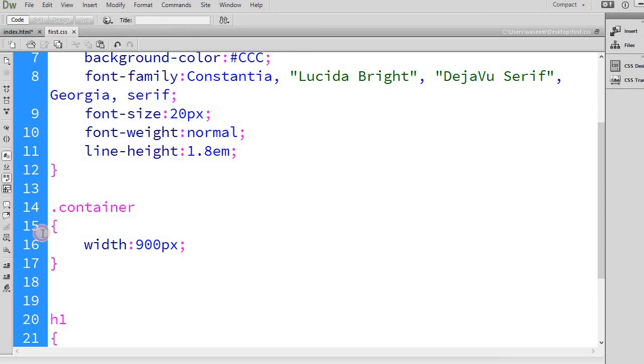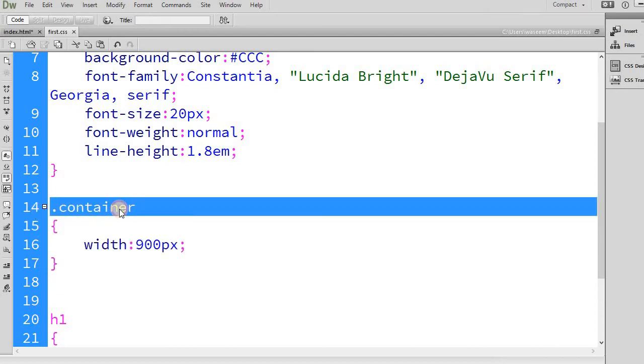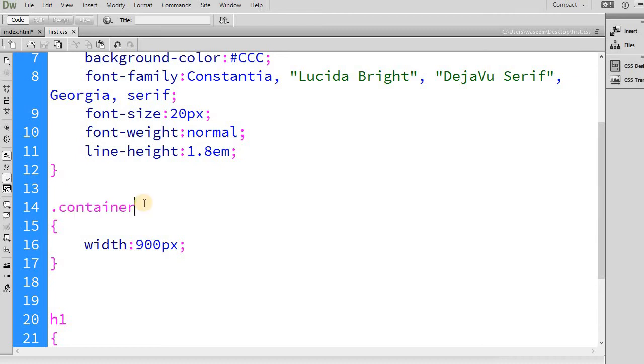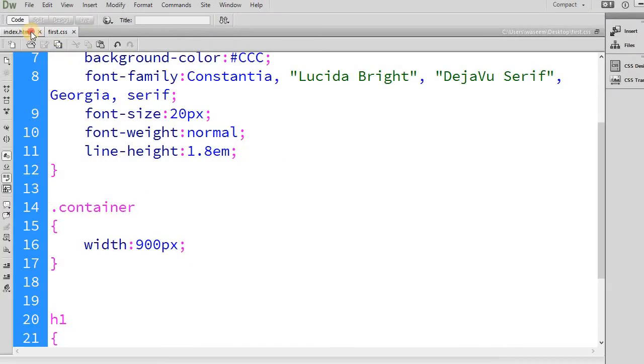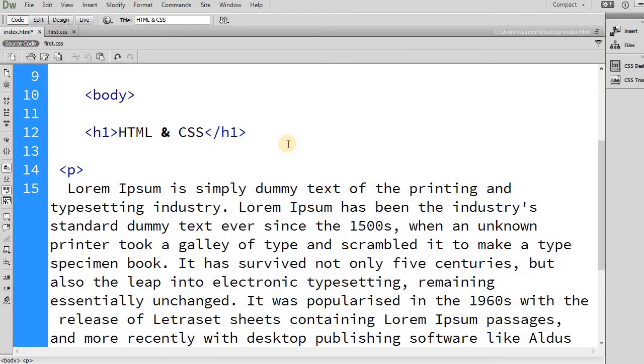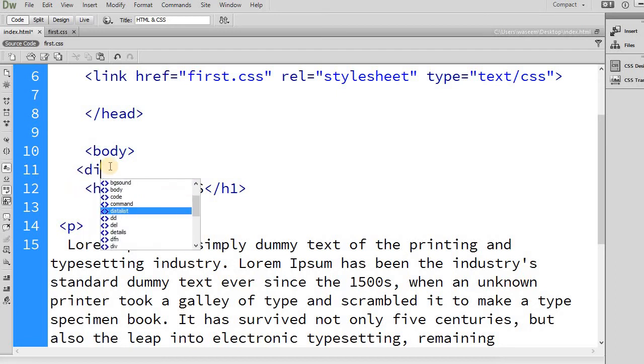because I have not used this class in the HTML. I have to write this in the HTML first. Hope you understand this thing. For this purpose, here we will use div, right? How can we use the div? Let me tell you. I will write here div